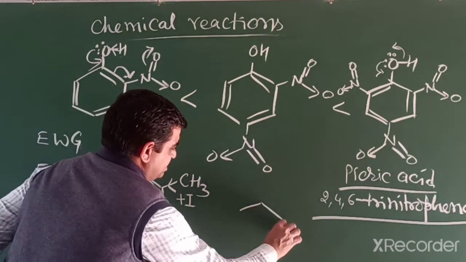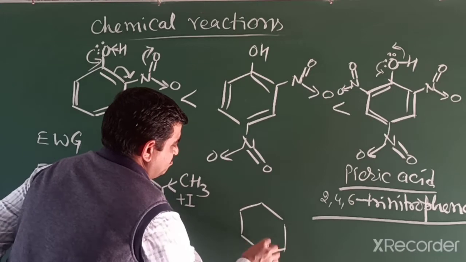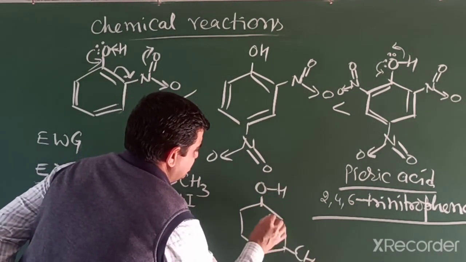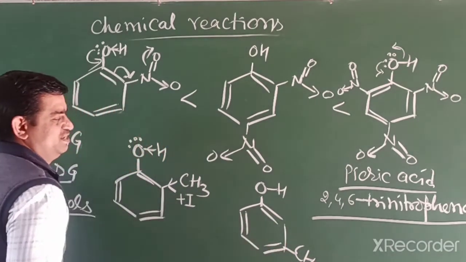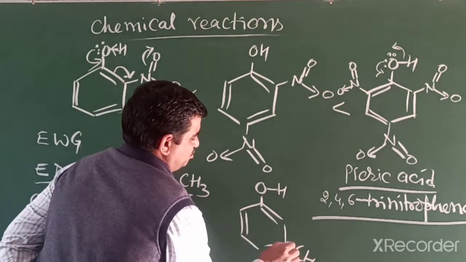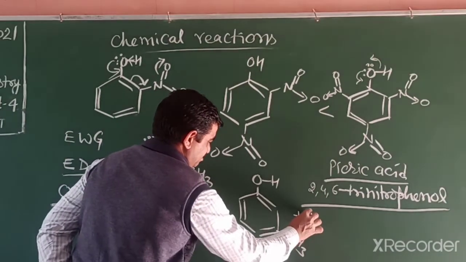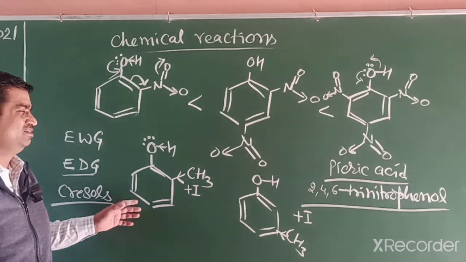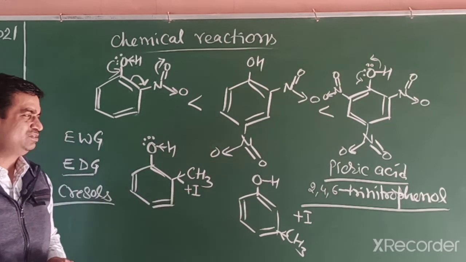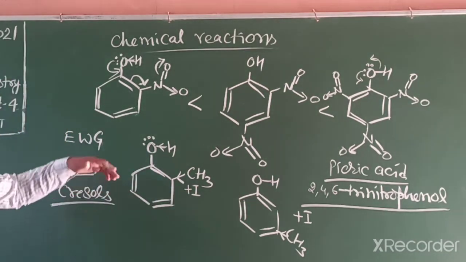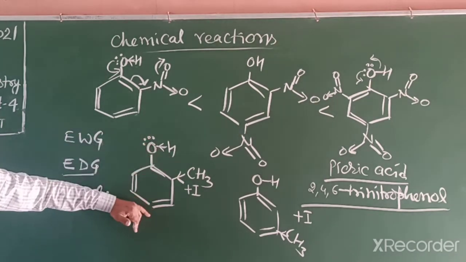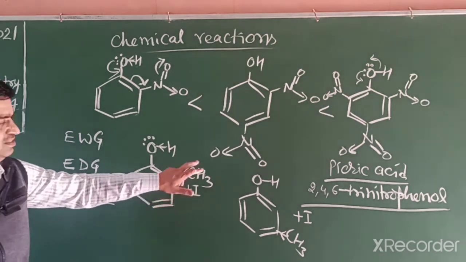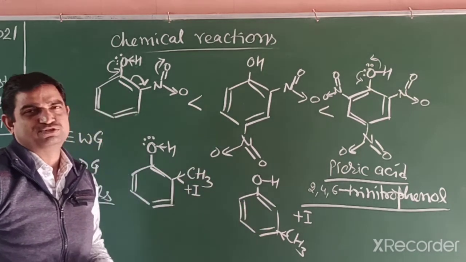If the methyl group is present at the meta position, meta cresol, then this effect is slightly lesser than ortho and para, because in any resonance structure, if you observe, neither negative nor positive charge occurs on the meta position. This occurs only at ortho and para. So if they are situated ortho and para, they are weaker acids in comparison with the meta position.